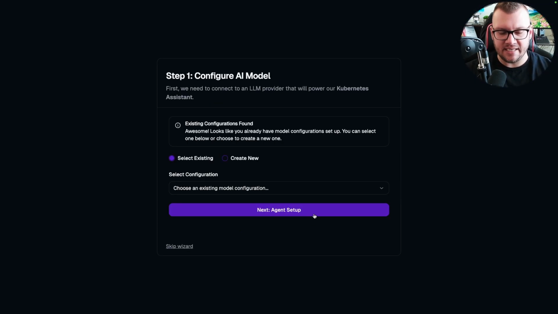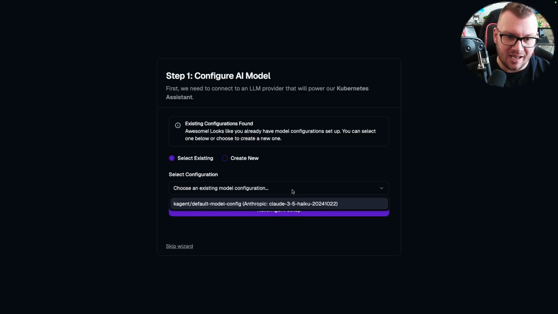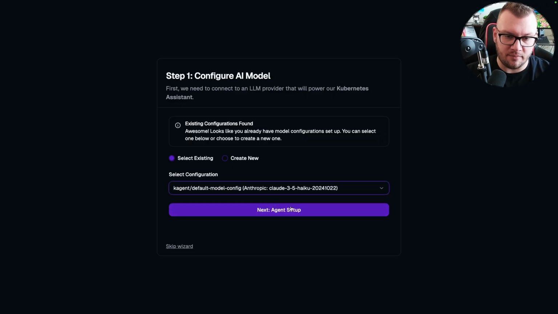Now, this is the UI approach or manual approach, whatever you wanna call it, to configure models and get them up and running and even use those models. You can use the declarative way with Kubernetes manifest or the command line interface via Kagent, which we're gonna see throughout this series. This is just the first video, so we're doing it the UI way, just so you can get an idea on how to do it from a manual perspective, and then we'll learn how to automate it in the upcoming videos. All right, so I'm gonna choose existing, which in this case, because I said Anthropic is my default provider, I see my Claude LLM here.